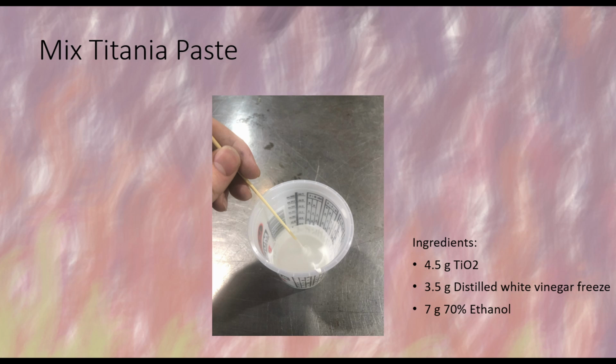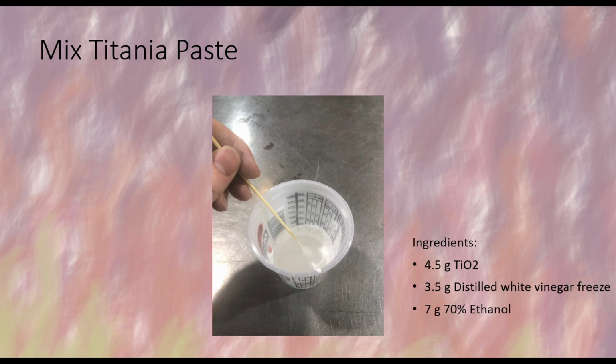For the 3.5 grams of white vinegar, we're going to perform a special operation on it prior to adding it to the solution. In that process, we first put an amount of it into the freezer, and then wait exactly 1 hour. I put 100 grams into the freezer and waited 1 hour, and then removed it from the freezer and took only the sections that had formed into ice,